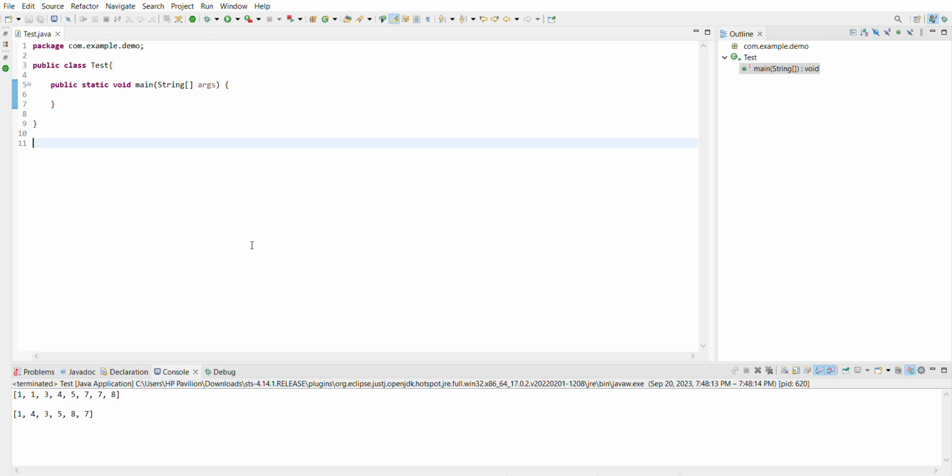Java 8 is now a base. Everyone should know about it because the basic requirement for every company is Java 8. Some of the companies are now migrating to Java 11 and 17, but Java 8 has so many new features and it's very easy and it helps you in coding a lot. So let's start. First, let me add the input